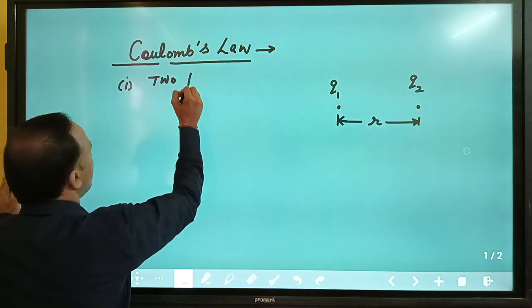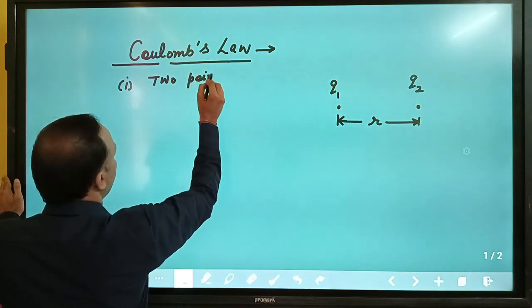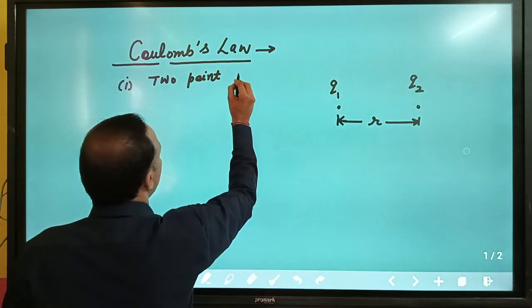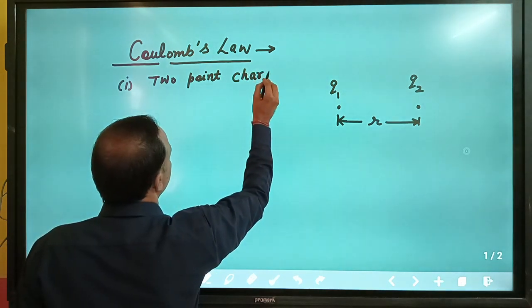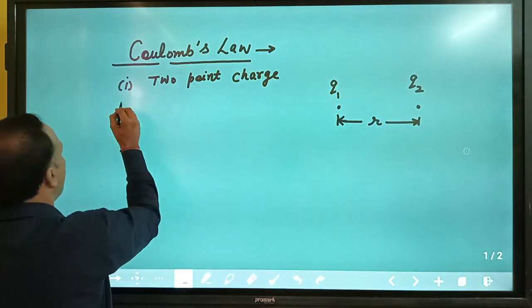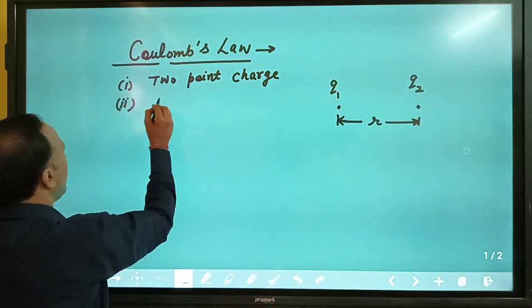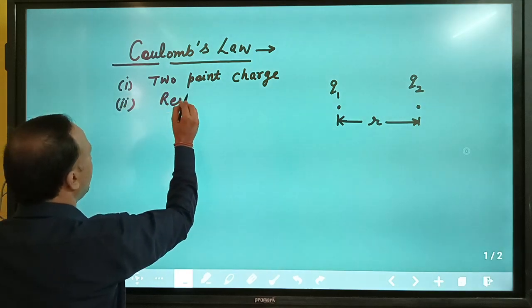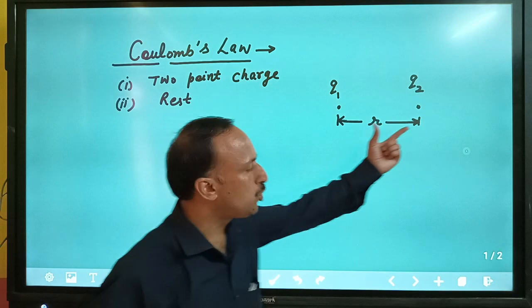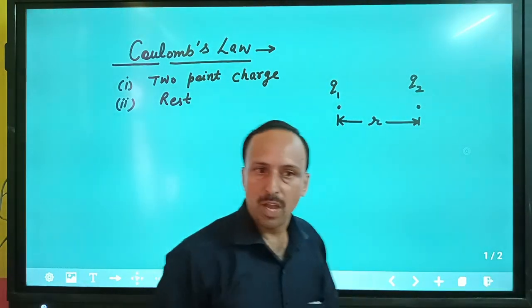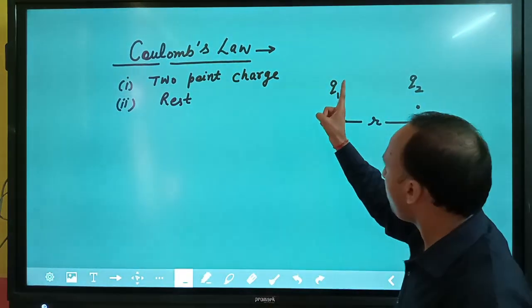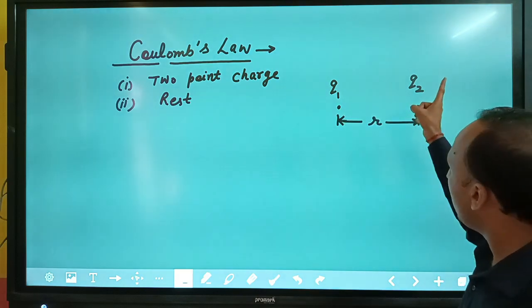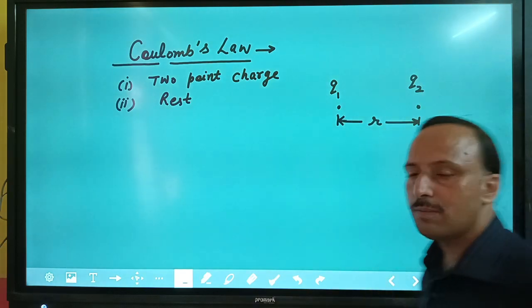right? When you study Coulomb's law, you have to consider two point charges, and second thing, these two charges are always in a state of rest. Fine, they are not moving, that is, the distance between these two charges is always fixed. So let us suppose the two point charges are q1 and q2 and the distance between these two is represented by